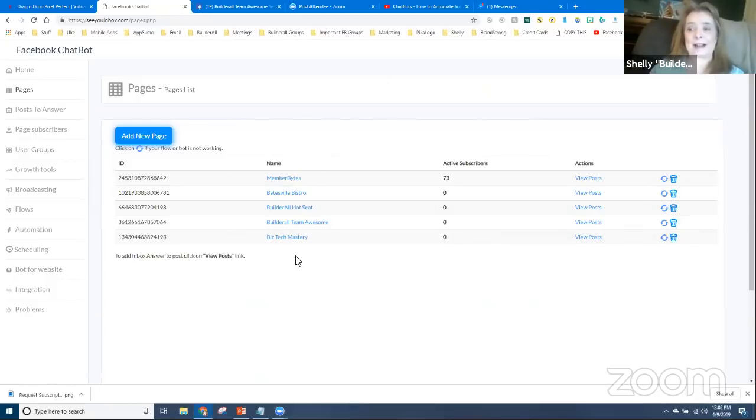And what you'll do is exactly what I just did. You'll log out of Facebook, you'll log back in and pull that page in by check marking it, and then click Add New Page, and then click that little button to add it to the list. And then it'll appear on this magical list that you can use for the auto answer and for the chatbot. Okay, everybody got that?